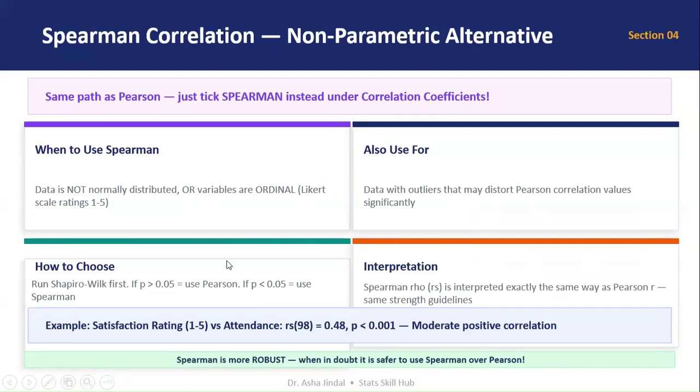The procedure in Jamovi is exactly the same. The only difference is that instead of taking Pearson, we take Spearman, and to understand the strength of that relationship, we also tick Kendall's tau-b. Let me do this demonstration.